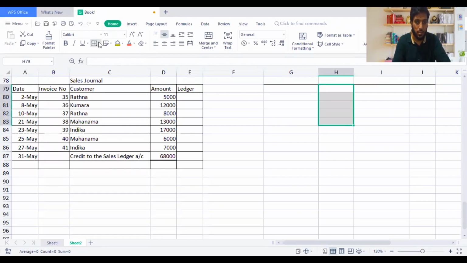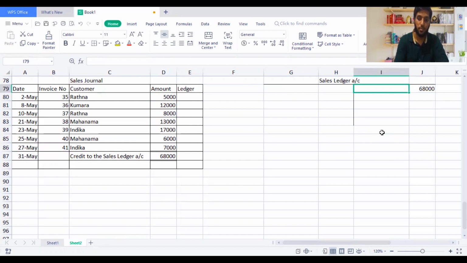Let me put the format, guys. Okay. So this is the sales ledger account. Because we are taking this from the sales journal, we need to transfer it to the sales ledger account. And as this is a credit sale and still a sales account, you record it on the sales account first of all. So I'll record here sales 68,000. Just let me add it again and confirm it's 68,000. Yeah, it's 68,000. I can see the value from the cursor. You can see what I am pointing at with the cursor. So 68,000, here I will record.